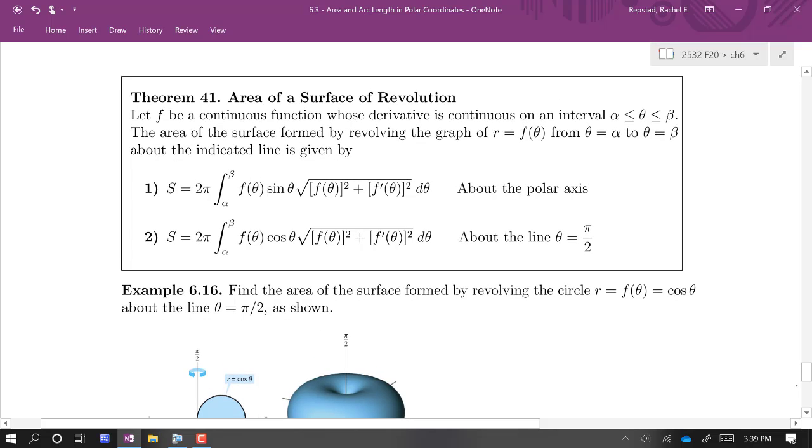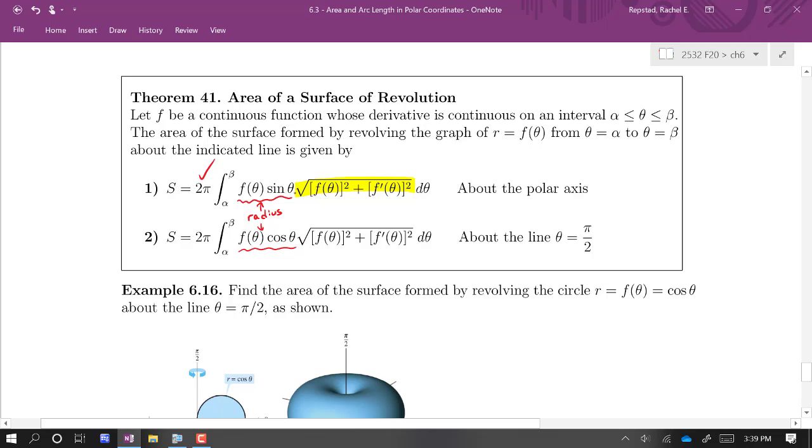All right, the very last example we're going to look at is going to be to find the area of a surface of revolution. Again, these integrals should look familiar. First of all, as compared to the surface area, we see that same radical appearing. We have f squared plus f prime squared inside a radical. Now, because it's surface area, we also have this factor of 2 pi outside, and we have a factor inside, f of theta times sine theta, or f of theta times cosine theta. And this is basically the radius,